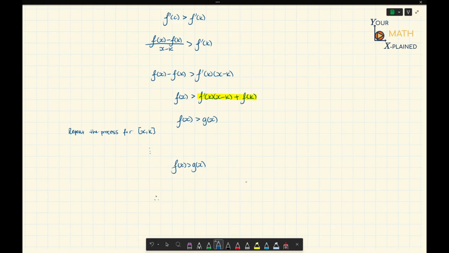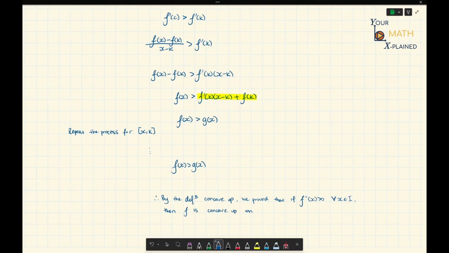So therefore, by the definition of concave up, we have proved that if f double prime of x is greater than 0 for all x within the interval I, then f is concave up